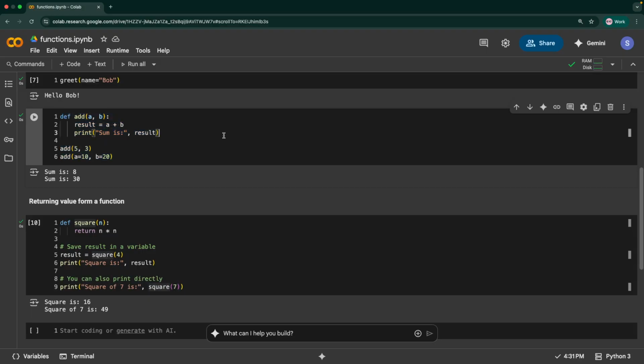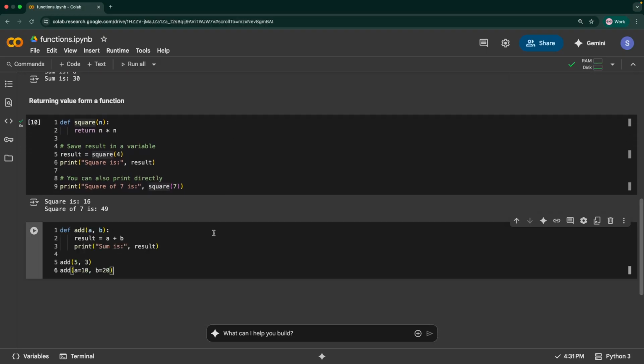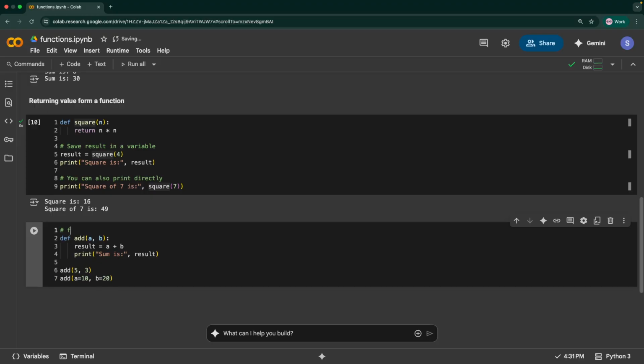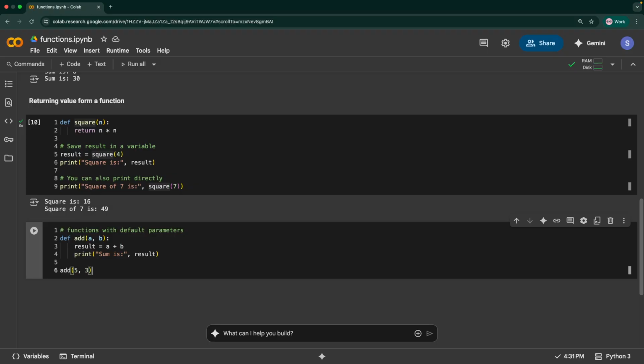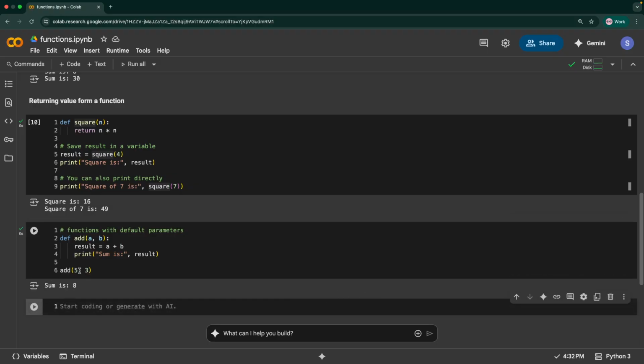I'll use this particular example as well. So here let's say functions with default parameters. Okay, so here we have created a function called add, and it requires a and b as the values, and when we pass 5 and 3, it adds the numbers and prints it, right?